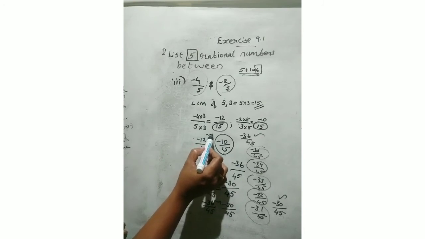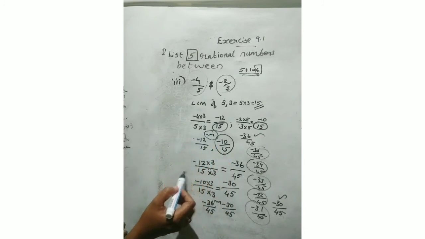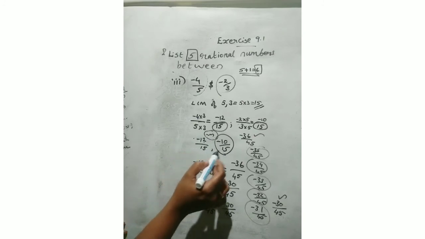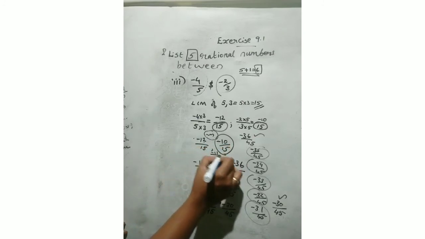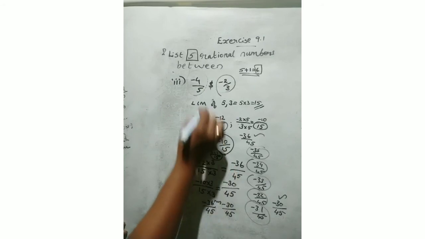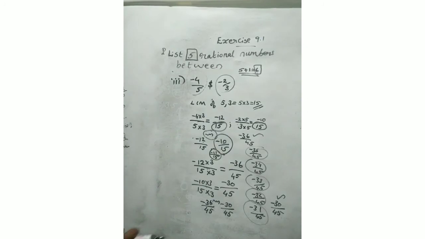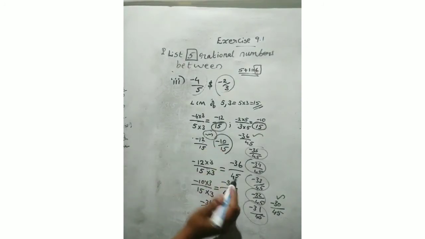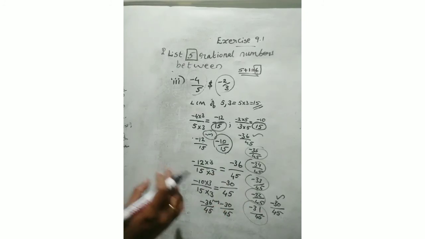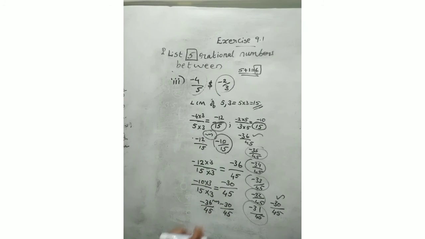Here we cannot find very fast. Okay, between these two rational numbers, one will be there, that is negative 11 on 15. But we need more than one rational number between these two rational numbers. So we made the denominators big denominators. Just think about it and write it. Okay, you can multiply by 10, no problem. In the middle you will get more rational numbers. Select any 5 of these rational numbers.